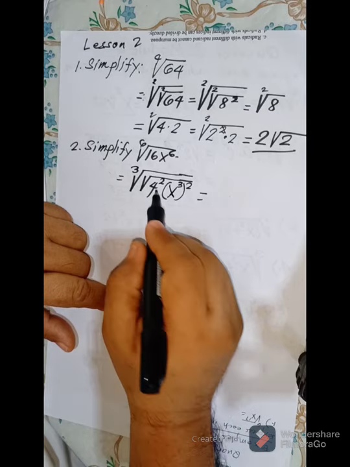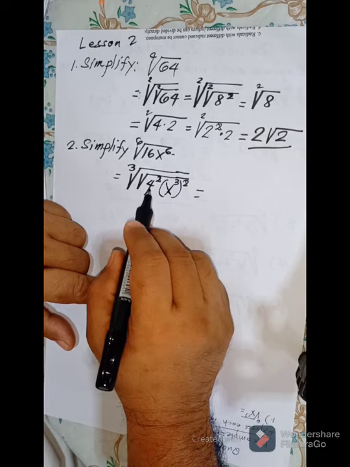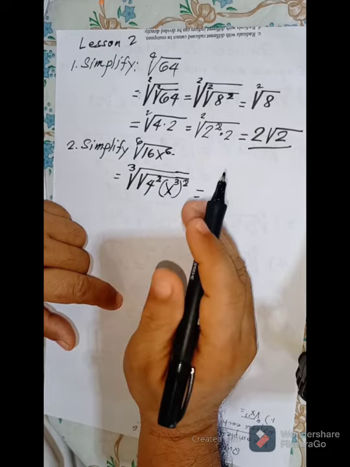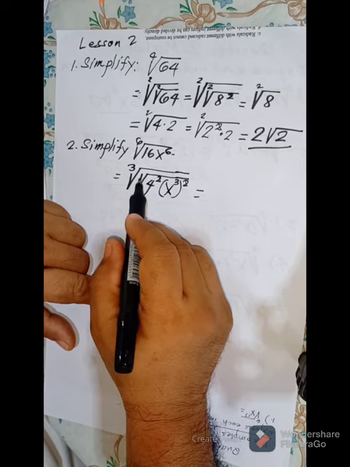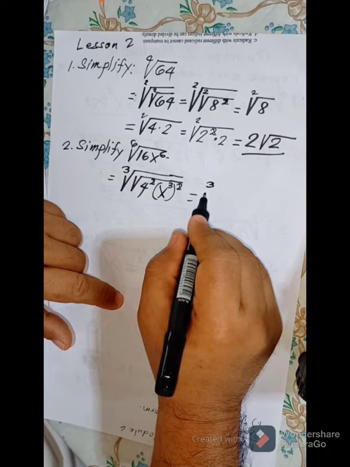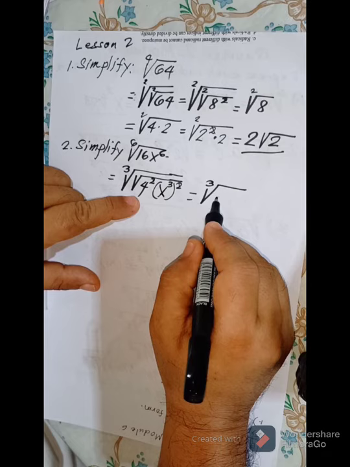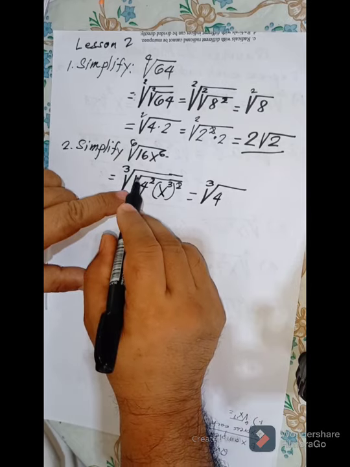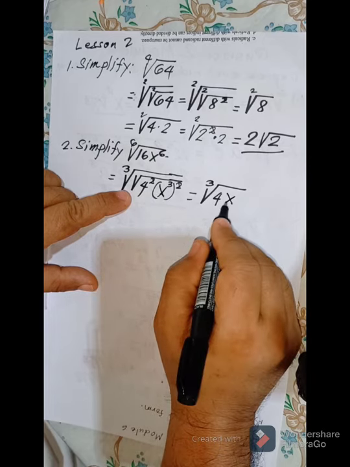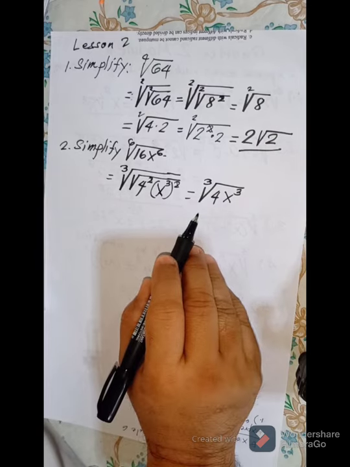So we have to cancel this one, cancel this. Both 4 and x cubed should now be written outside this radical. In other words, the inner radical symbol will now be removed. So we have the cube root of, since this is equal to the index, this is outside, and equal to the index 2, so outside. There is no more inner radical. So the cube root of 4